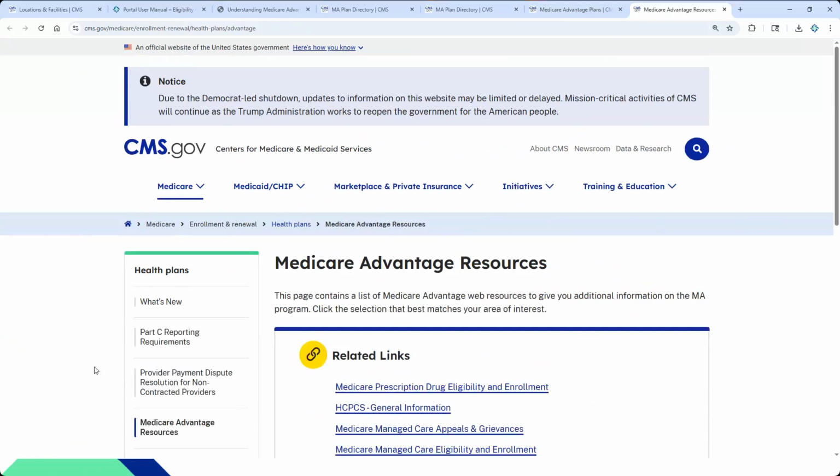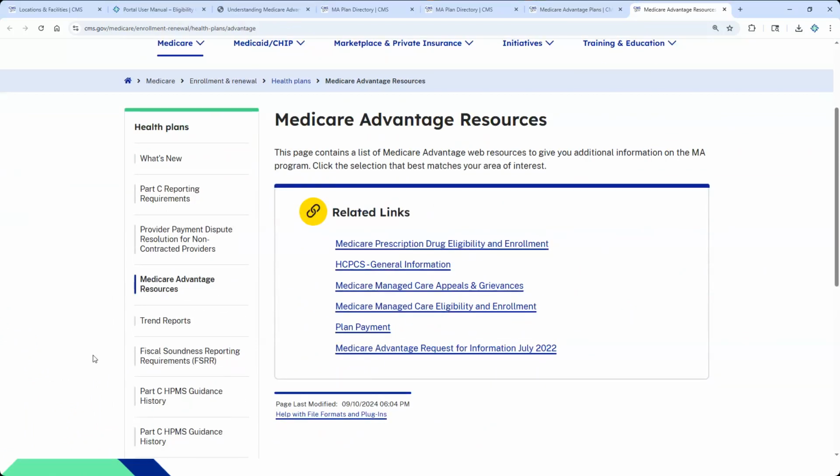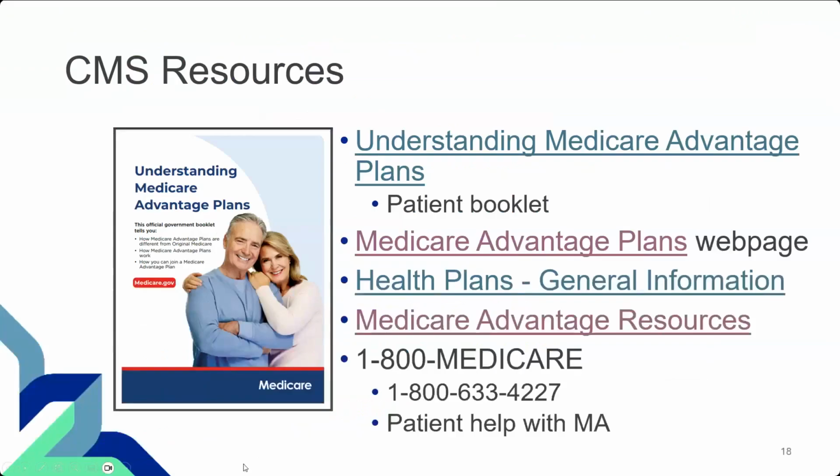These are not resources that I look at or that Karen would look at, because they aren't aimed at us at all. We don't deal with any of this. So I don't have a whole lot of information on what's in there. I just know there are some additional CMS resources.